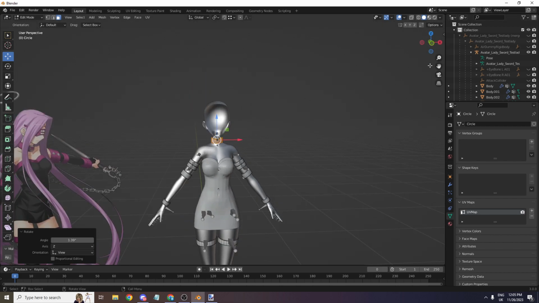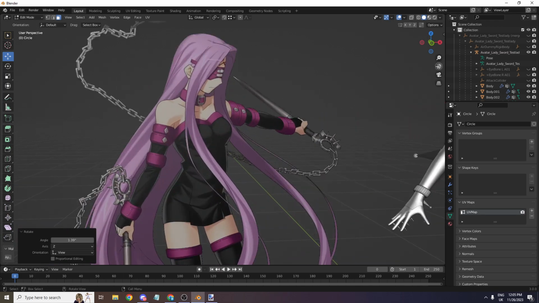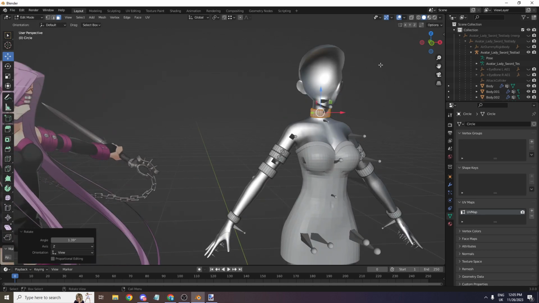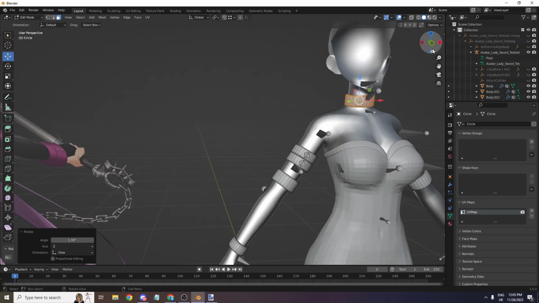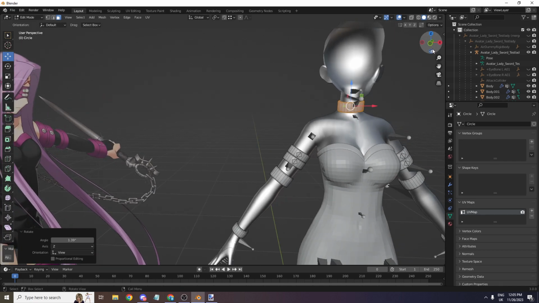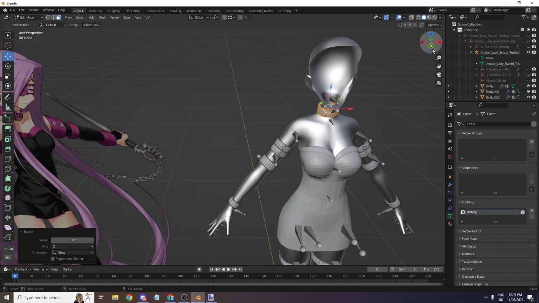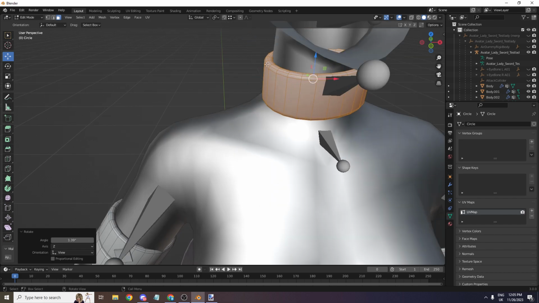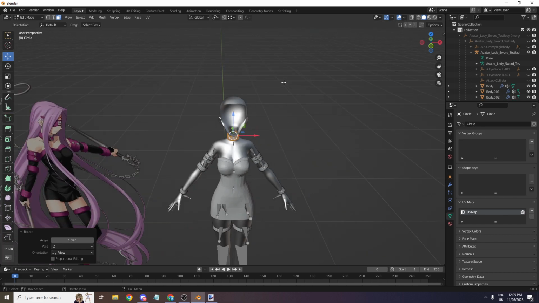I'm not going to finish the belt. It's not very important. Might finish it later, but not for now. So what we want to do is, as you can see, each of its meshes should use more or less the same texture. So what we're going to do is select one of these. Actually, we're going to select every mesh,